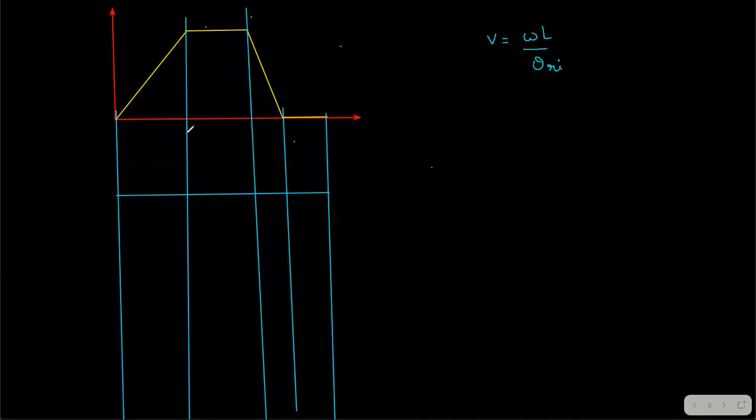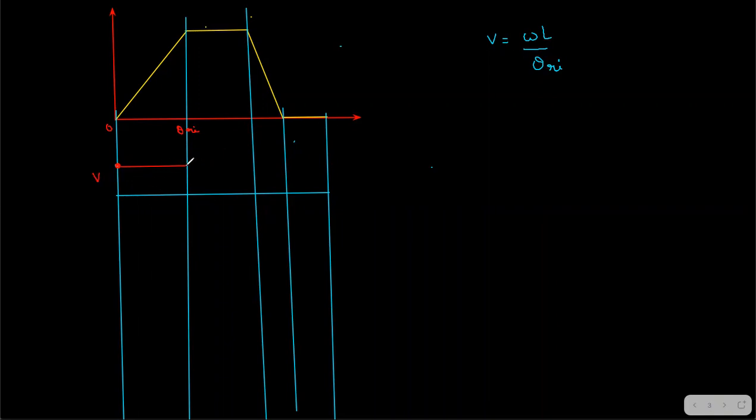It means it is having a constant velocity right from the zero position. Even without any displacement, it started with a velocity, and it is having a constant velocity. So the constant velocity value is this. Wherever you check from 0 to theta Ri, you have a constant velocity. This is what your velocity is saying. Whatever height you see from here to here is constant.